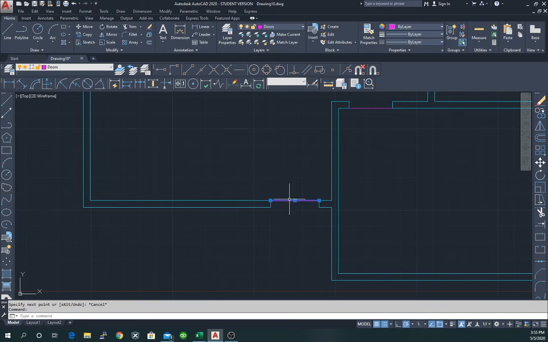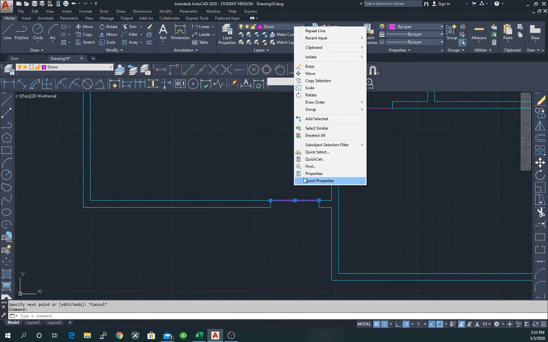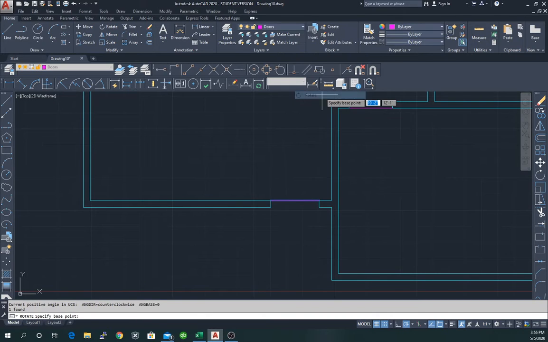We simply click on the door, right click, choose rotate. Now I want you to specify the base point. So that's the base point of the rotation. So you should click on the point where the door is going to be fixed to the wall, and then